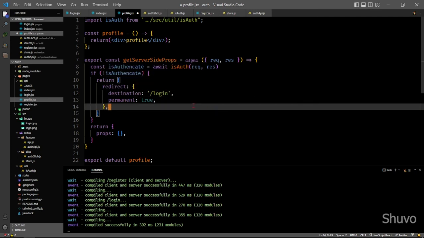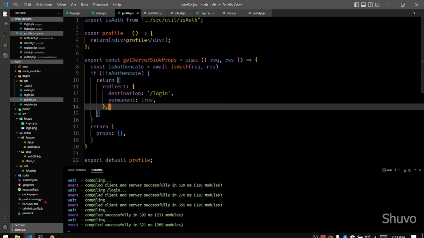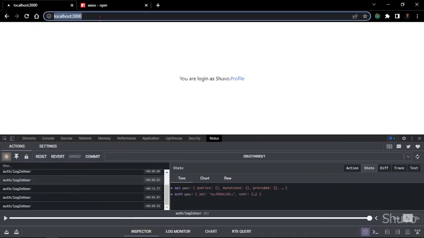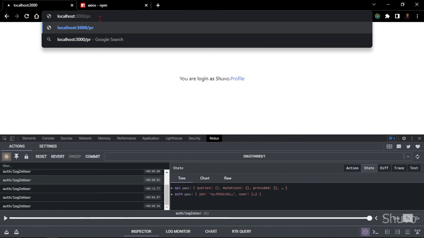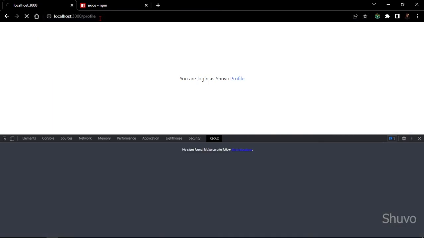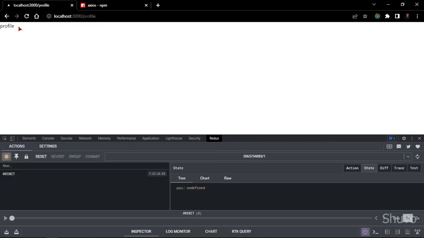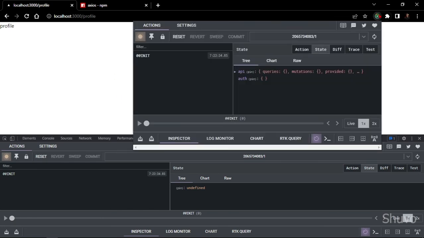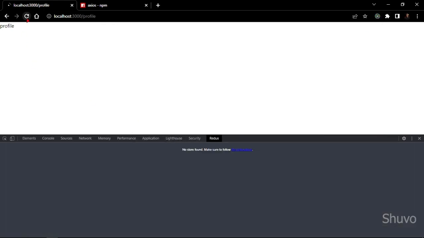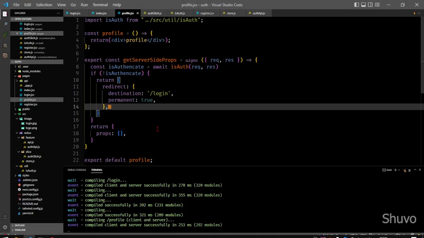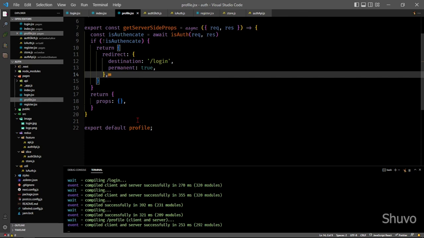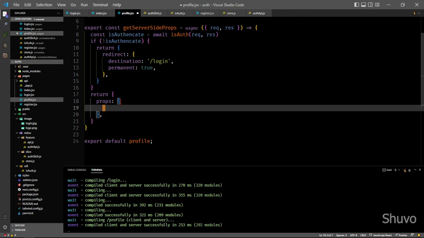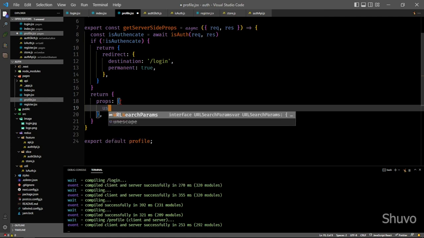No auth profile is can go to our profile page, and we need to press this